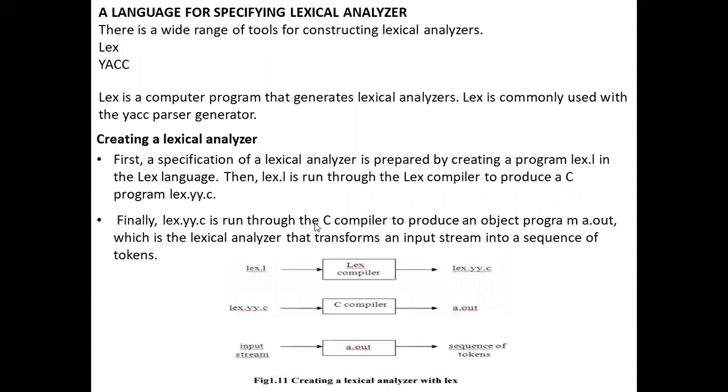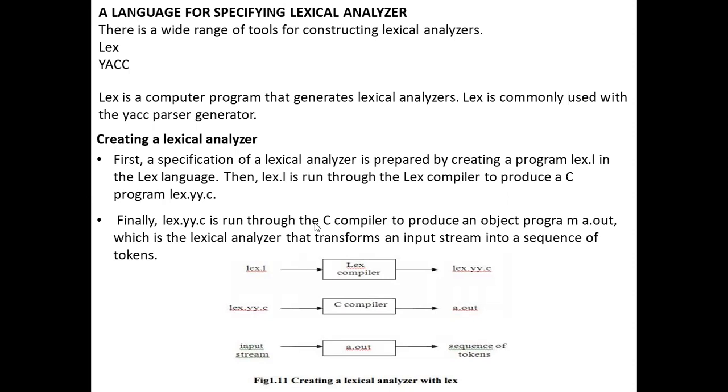Now, a language for specifying a lexical analyzer. Some lexical analyzers are available: one of them is Lex, the second is YACC. Just like when we talk about compilers, there are C compilers, Java compilers, C++ compilers, and a number of varieties available. Same here: if we're talking about the lexical analyzer part, different types of Lex are available.